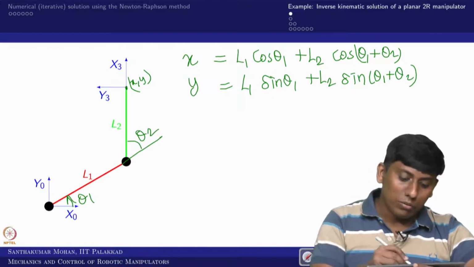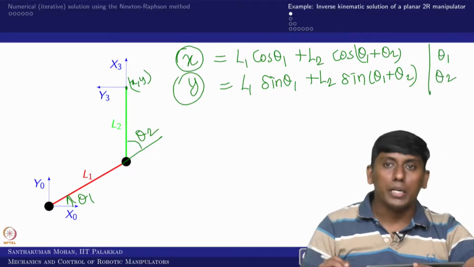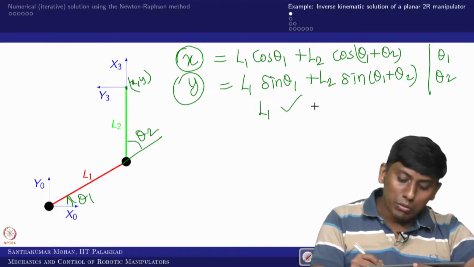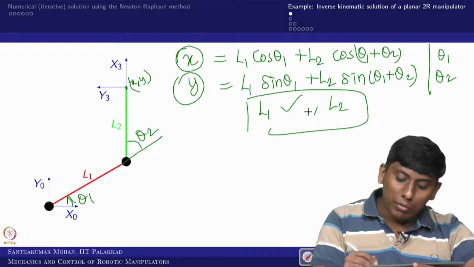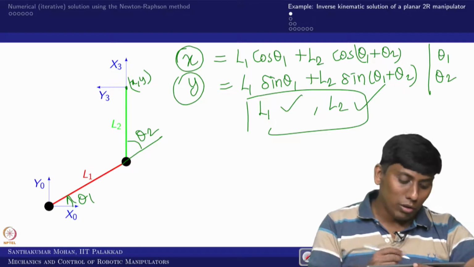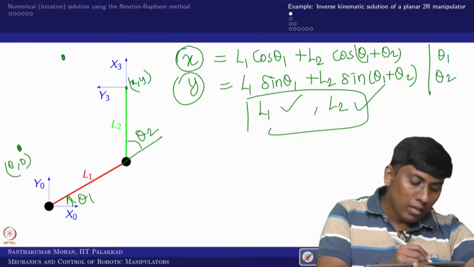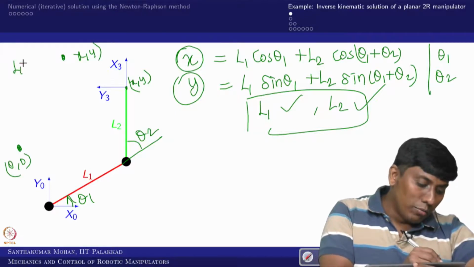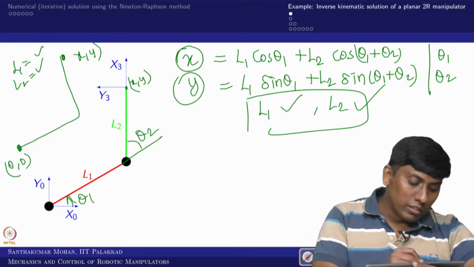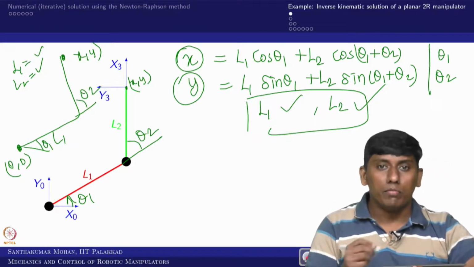So now what we are saying, if we know these two, can I find theta 1 and theta 2 numerically? Yes. So for that, what are the things supposed to be known? L1 should be known and L2 should be known. These are geometrical parameters, right, which are supposed to be given. In addition to that, what would be given to you? It would be 0 0 and your x y would be given, and L1 value and L2 value would be given. So you are trying to fix this so that you can find theta 1 and theta 2, right. So this is what we are trying to do.